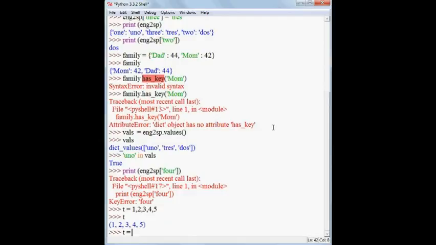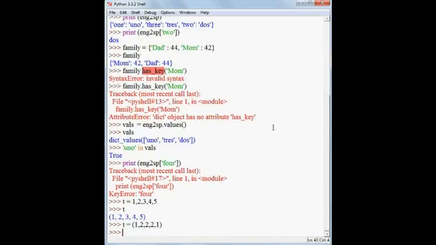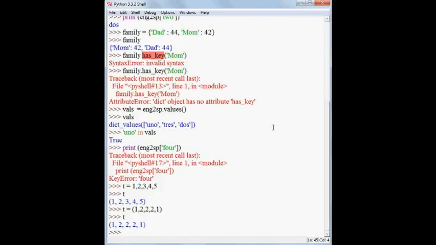Another way is to type the variable name and, in parentheses, type in the values separated with commas. So it is created. We have created another tuple.